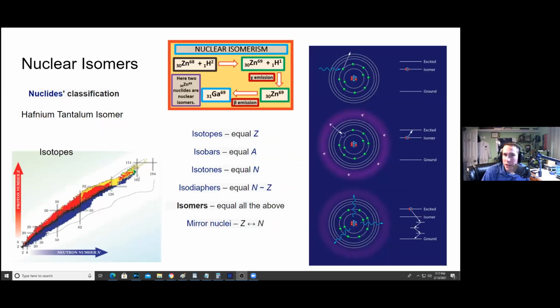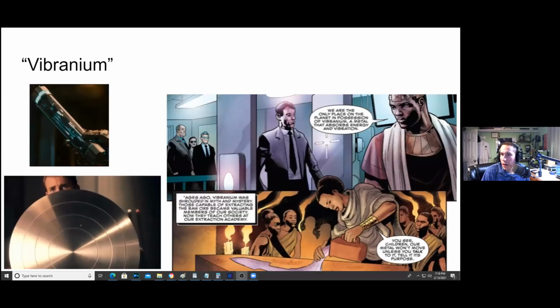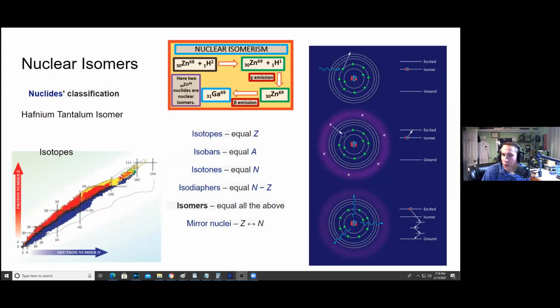And that's different than a nuclear isomer, which basically has equal N, equal A, and equal Z. So an isotope has equal Z. We have the same proton number, we just change the neutron number. Isobars, that's equal A, and isotones, and so there's a whole bunch of different variations